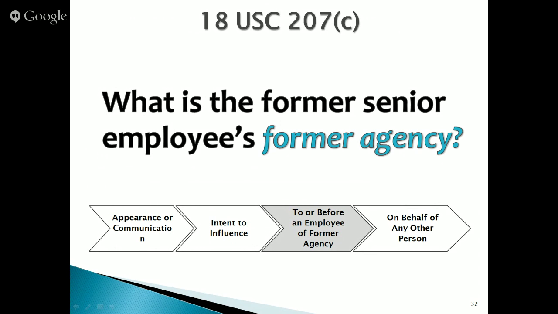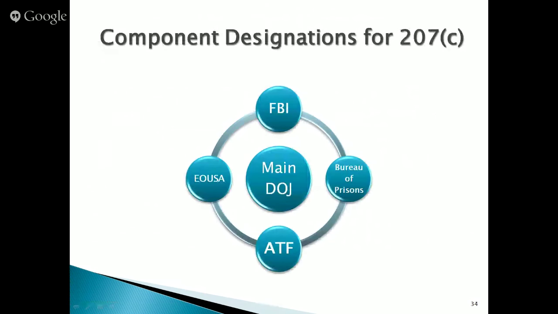Departments and agencies can change their determinations or add additional component designations. And sometimes they take them away, right, as well. For purposes of understanding how this works, effectively what the component designation does is it takes that component out of the larger superstructure of the department and treats it almost as if it were a separate agency for purposes of 207(c), so that former employees of that particular component are only going to have restrictions with respect to that particular component. I'm skipping you around in the slide deck here, but I think it's worth doing.